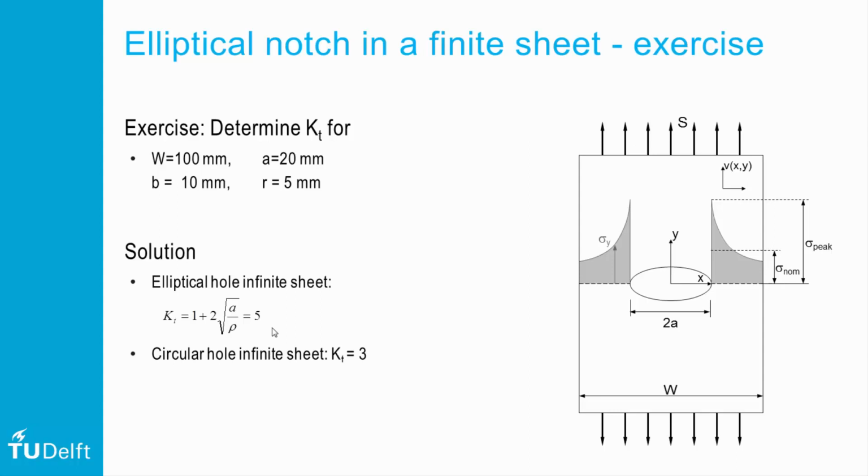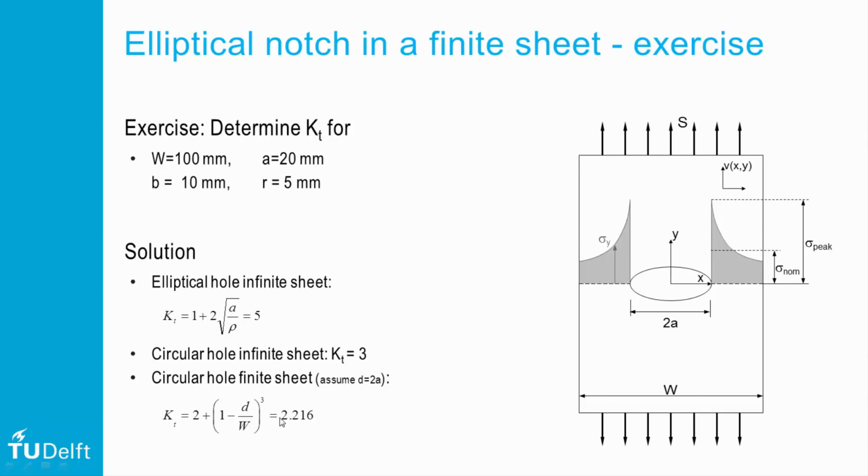So what we can do as a first order approximation is assume that for the finite plate dimensions, the same ratio of the ellipse over circular KT applies as to the infinite one. Hence, with the equation of Haywood, I can calculate the stress concentration factor for a circular notch in a plate of 100 mm width. Assuming that the diameter of the hole is 2 times A, then Haywood tells me the stress concentration factor is 2.2.